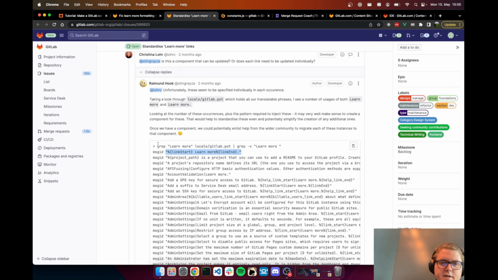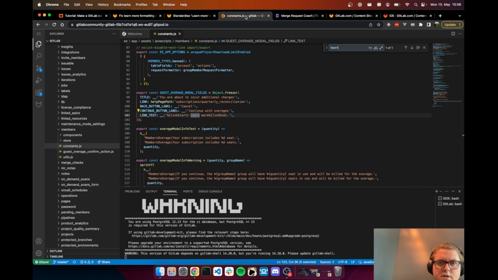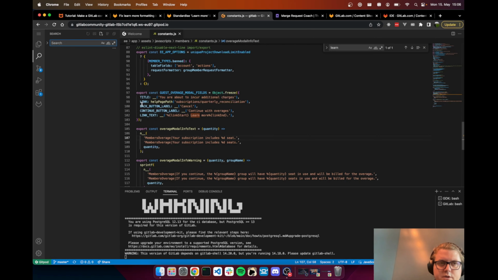Raymond has run some code that says, look in all of our translations, which is the gitlab.pot, look for the words Learn More and find all of the instances of it. So it's found this instance, and what I did before when I created the issue is I tried to find where this line of code is coming from. I'm going to show you how I did that. I'm going to do a global search